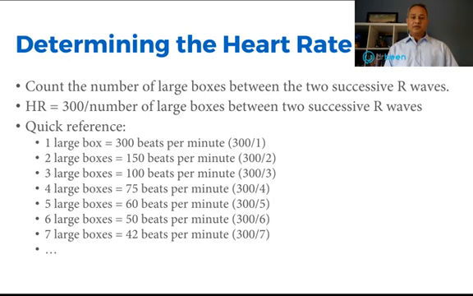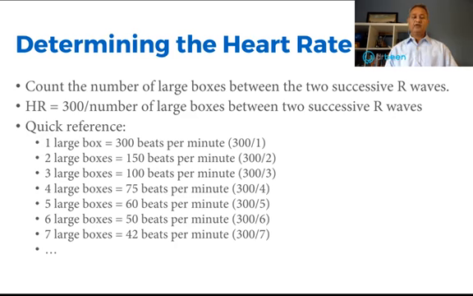So how do you determine the heart rate? Again, I've done that in detail. Here very quickly, heart rate can be determined by counting the large boxes on the x-axis horizontally between the 2 R waves. And there are 300 large boxes. One box size is 0.2 second, 300 large boxes in 1 minute. So what you do is you count the large boxes between the 2 R waves and you divide 300 by